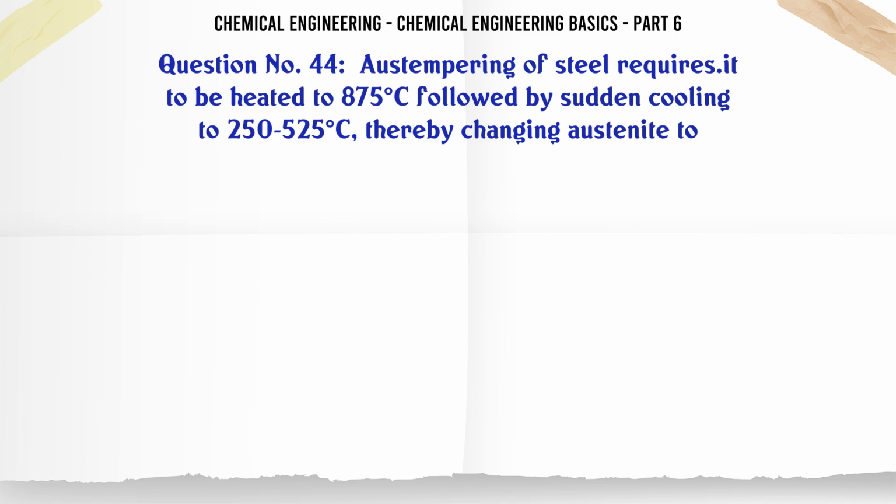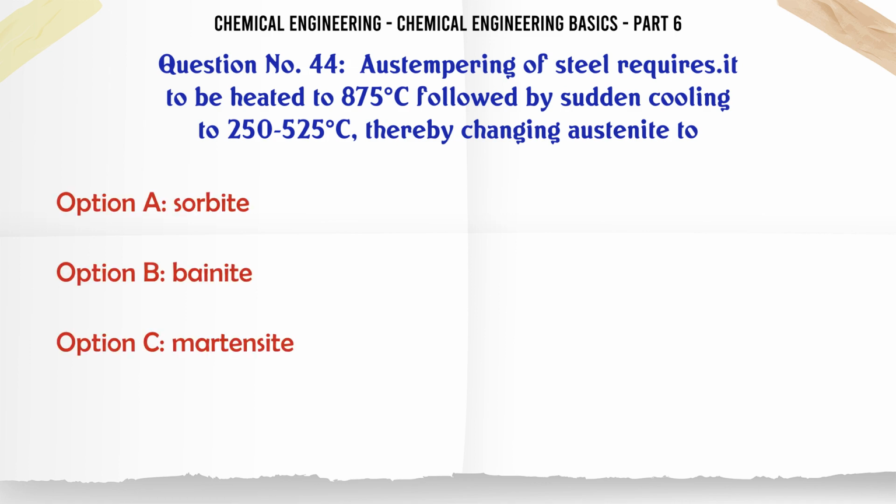Austempering of steel requires it to be heated to 875 C followed by sudden cooling to 250-525 C, thereby changing austenite to A. Sorbite. B. Bainite. C. Martensite. D. Troostite. The correct answer is